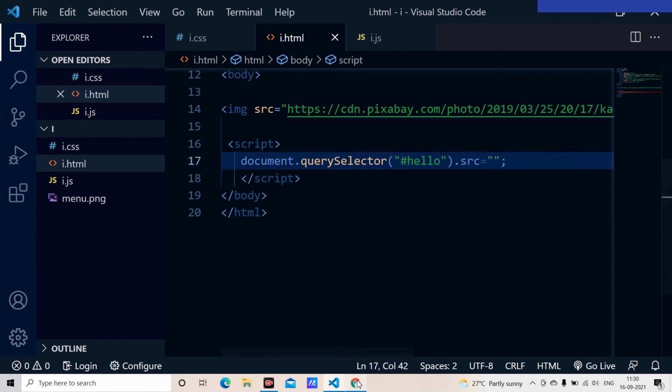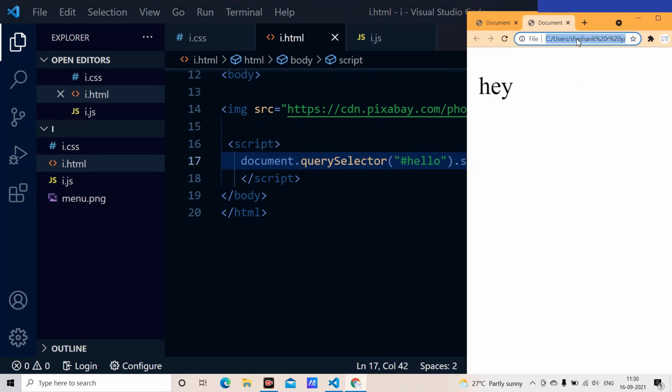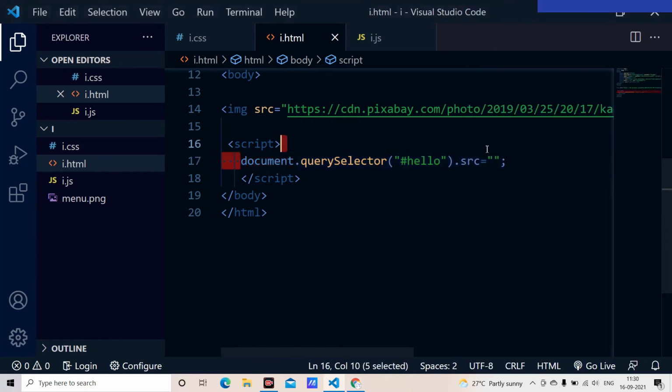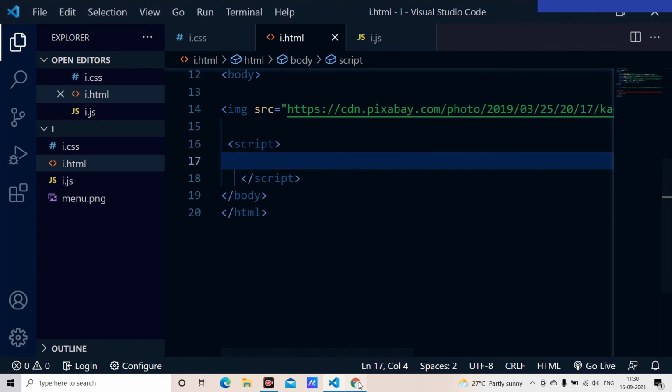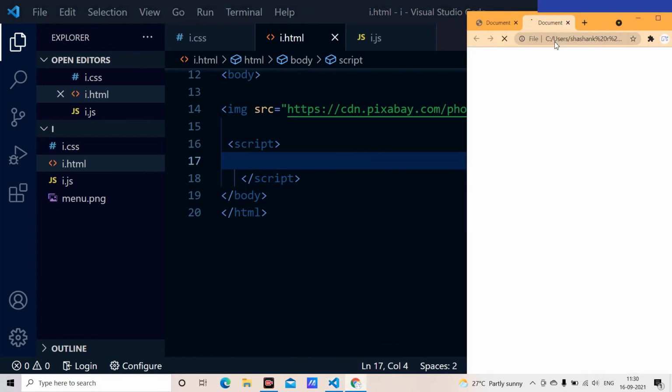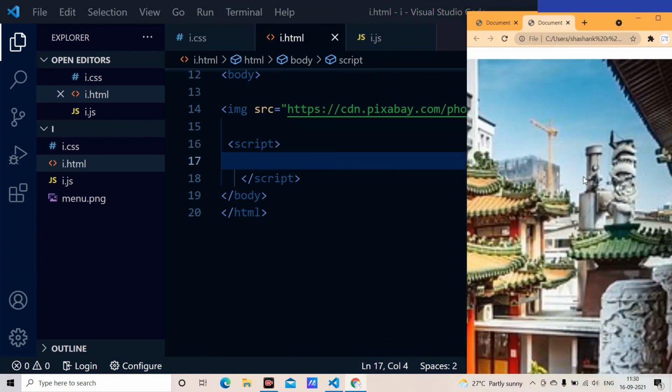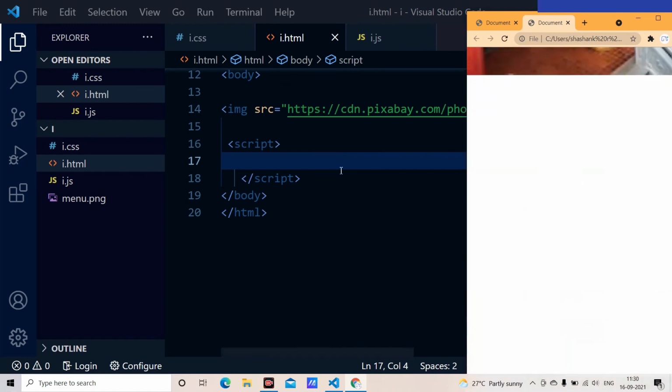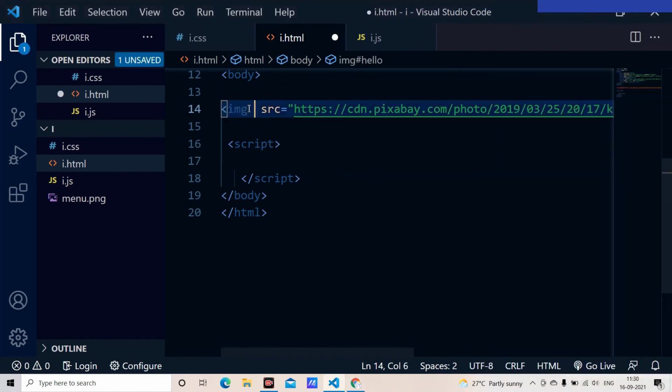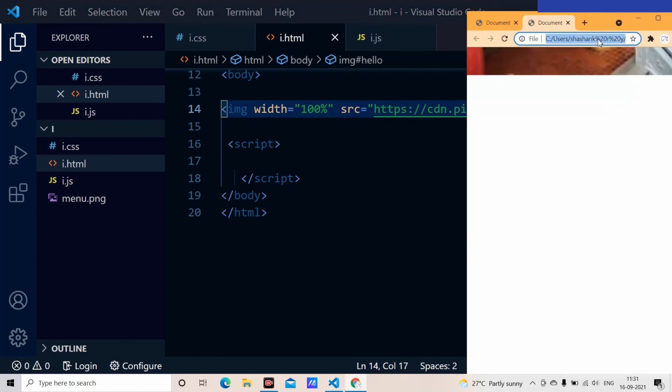And for this I am going to reload the site. Wait a minute, I am going to control this, and I am going to save it. I just reload the site. Well, it is going to show you the whole image, and I have to mention width equal to 100%. And I just reload the site.